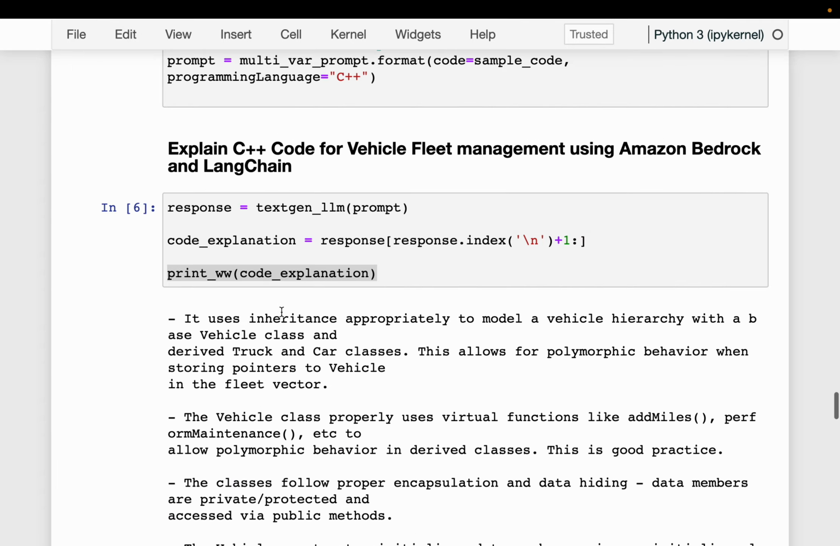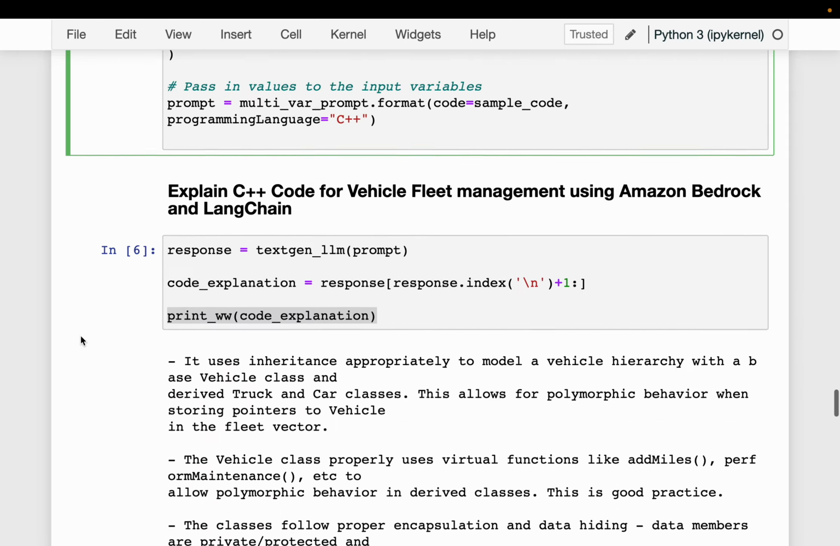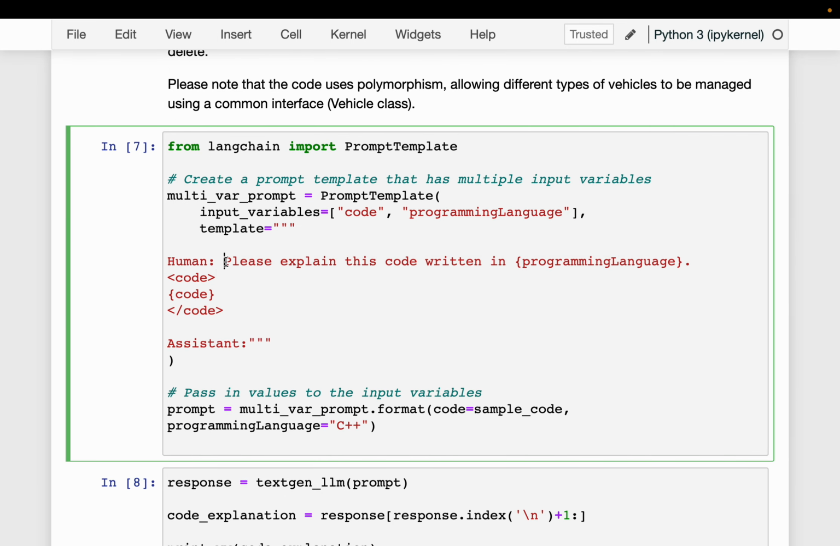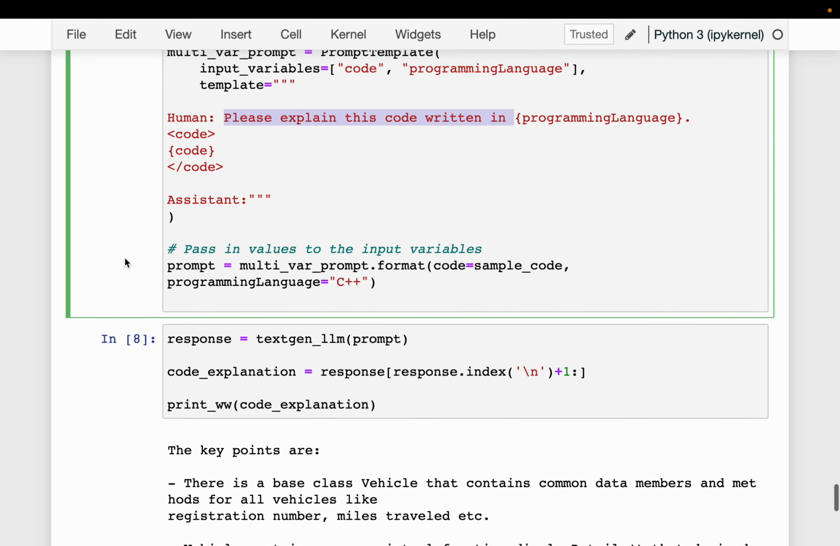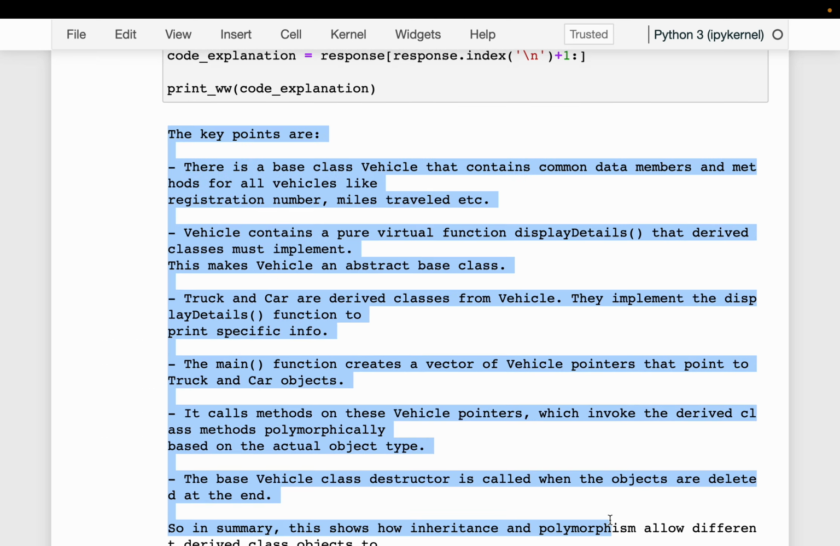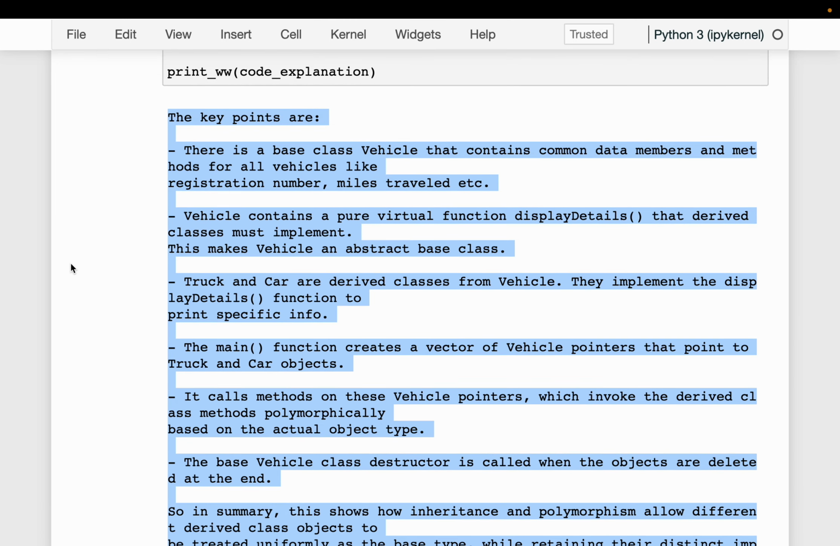And then what I did is, maybe because here we have asked for three things, the Claude model did not do as good a job as ChatGPT. I have changed the prompt. So here we are asking only, please explain this code written in C++, right? So we are not asking for best practices or red flags, etc. But even then, it did not do as good a job as ChatGPT 3.5. Okay. Again, these are more at the concepts level rather than explaining the code